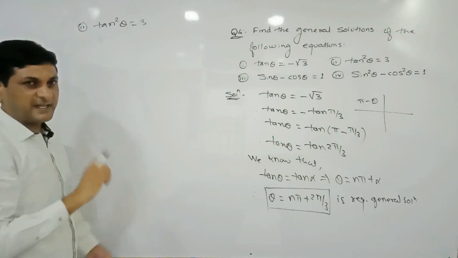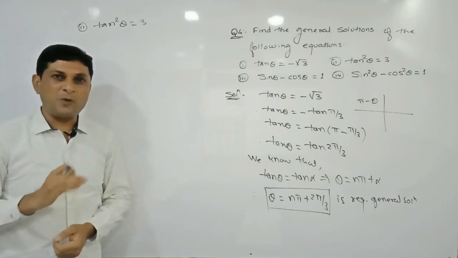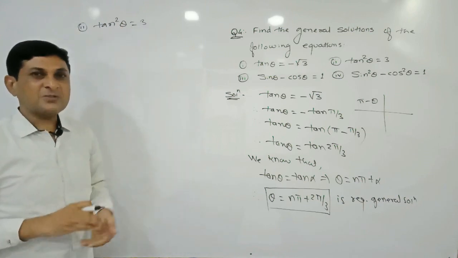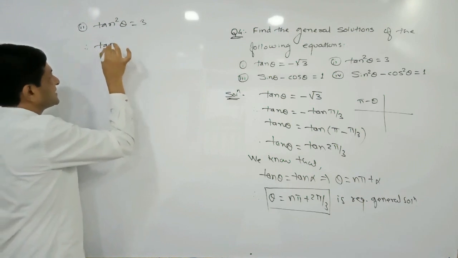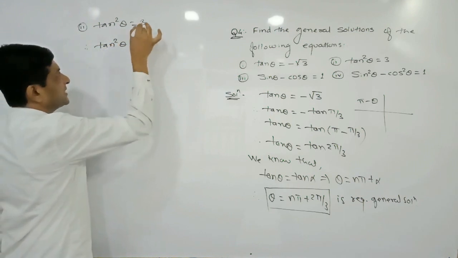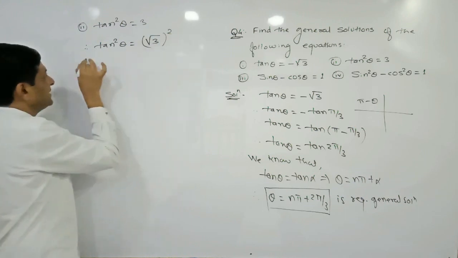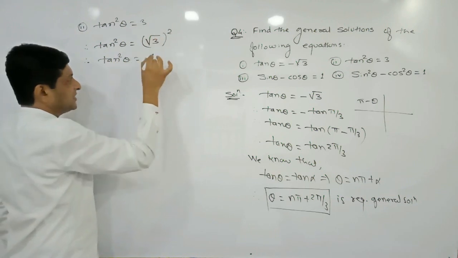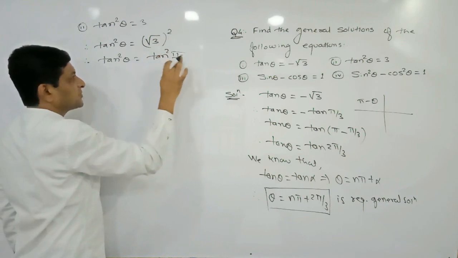In such cases, if the term of square appears, it means we are able to arrange the term in the form of the formula tan square theta is equal to tan square alpha. Let us try to arrange the term in the form of this formula. Tan square theta is equal to 3, which can be written as the square of root 3. On this side, tan square theta, keep it as it is. Now root 3 can be replaced by tan 60, 60 means pi by 3. Keep this square as it is.